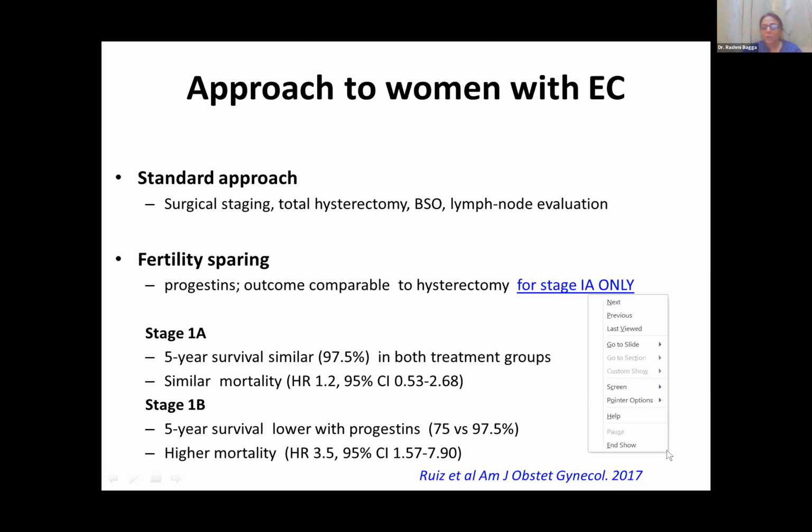However, when the stage crosses 1A, in 1B also, the 5-year survival is lower with progestin treatment. Therefore, the fertility sparing approach will be limited to the